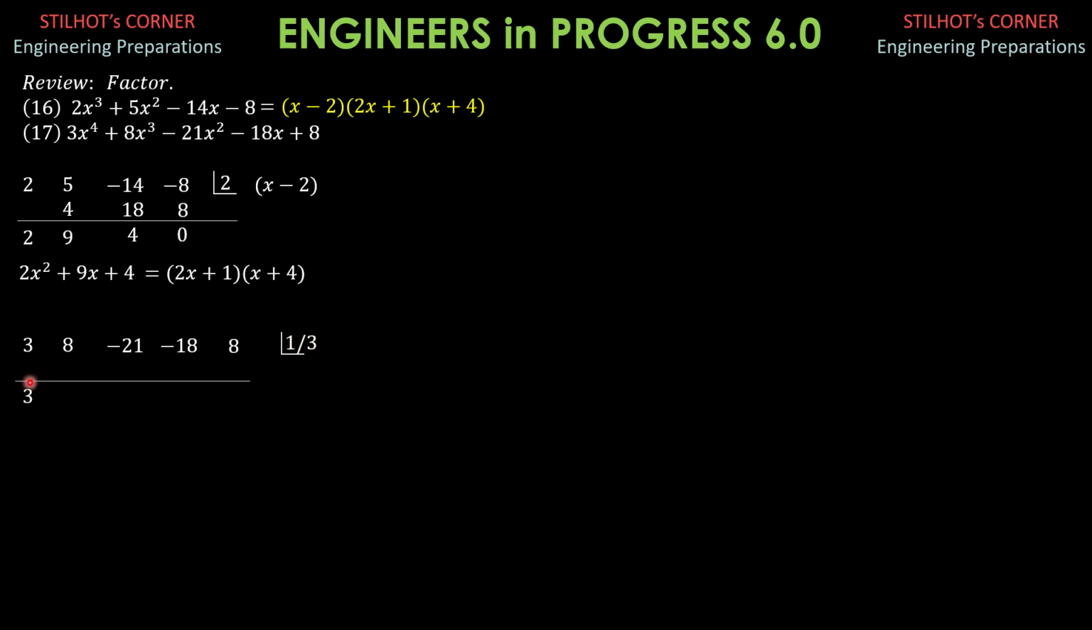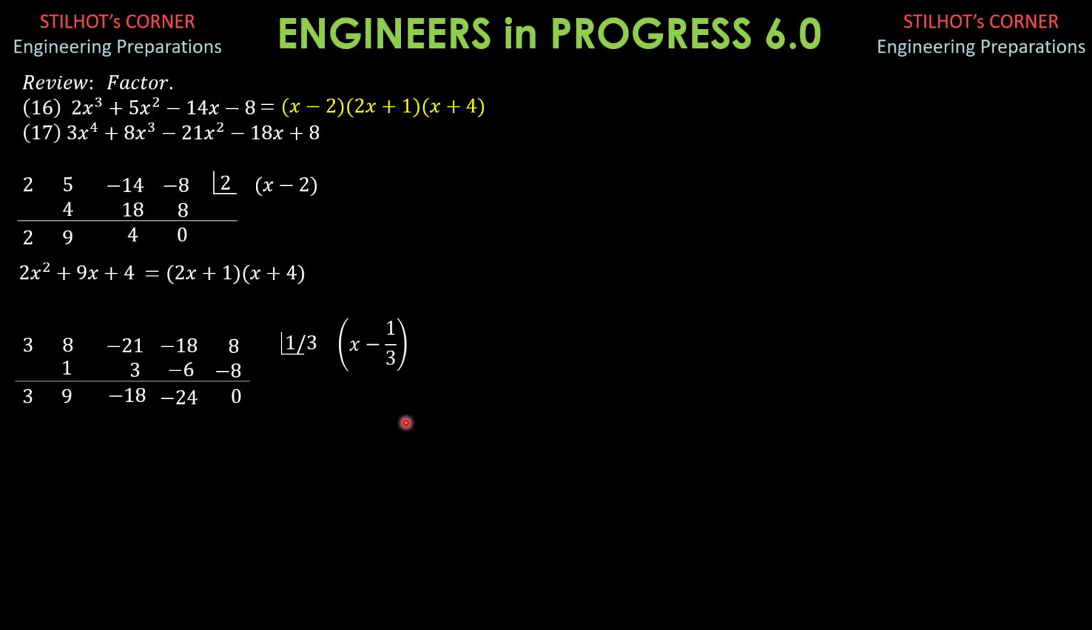So bring down 3, draw a horizontal line. 1/3 times 3 is 1. 8 plus 1 is 9. 1/3 times 9 is 3. Negative 21 plus 3 is negative 18. 1/3 of negative 18 is negative 6. Negative 18 plus negative 6, negative 24. Negative 24 times 1/3 is negative 8, and this is 0. So one factor is x minus 1/3